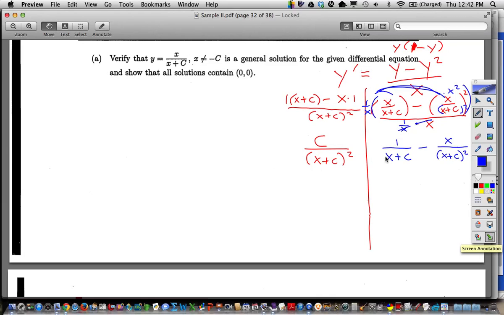So now what's my common denominator here? X plus c squared. So this fraction needs an x plus c and an x plus c right here and here. Okay? So now I've got a common denominator of x plus c squared. And then what do I have up here? I have x plus c minus x. X's cancel, and sure enough,